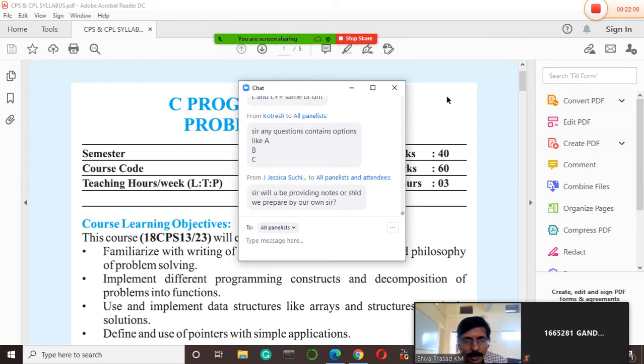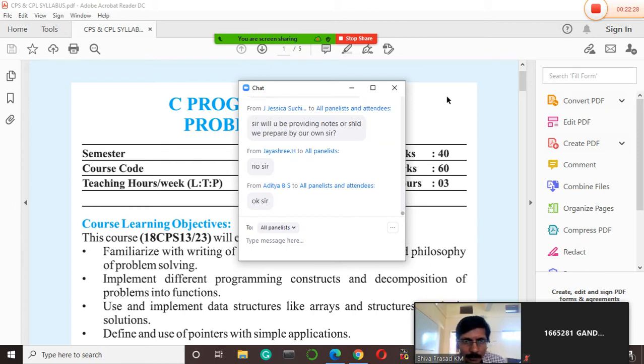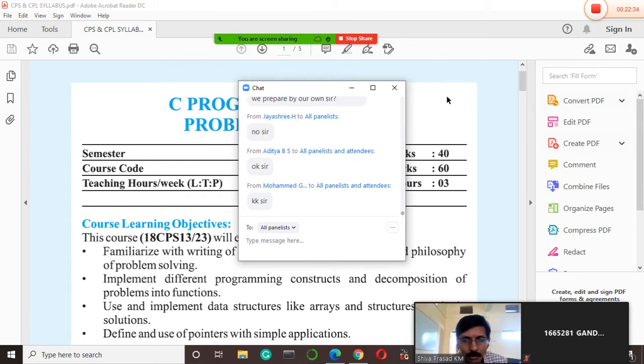So any questions? Contains option A, B, C. Yes, it may contain. It may contain an option of question number 1 with A, B, C, question number 2 with A, B, or only A, depending upon the type of question that they ask. I will be providing you the complete notes of each and every module, and also the question banks, but keep one 200 pages notebook for this particular subject. Whatever I speak, whatever slideshow I show you, you have to note down all those points without fail.